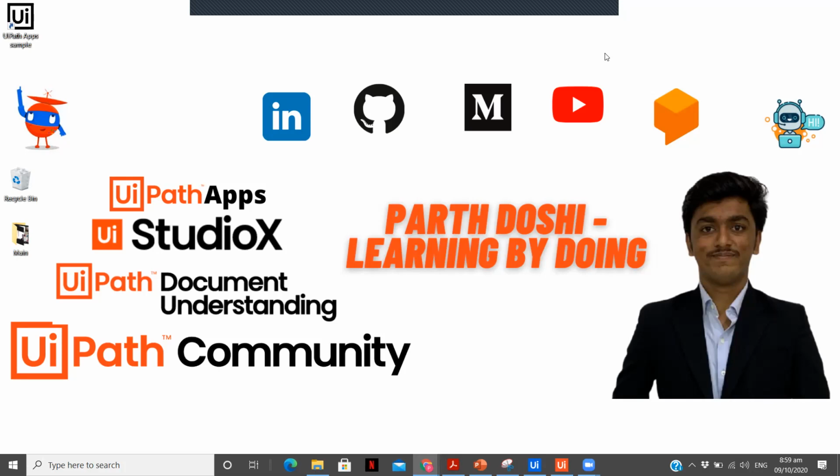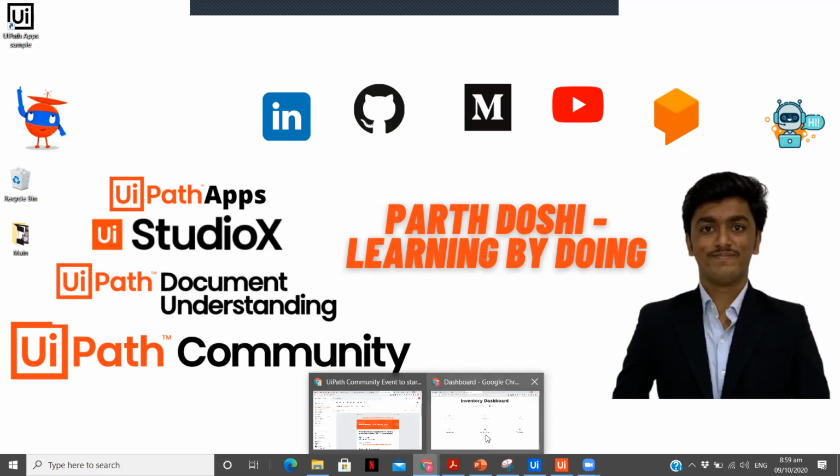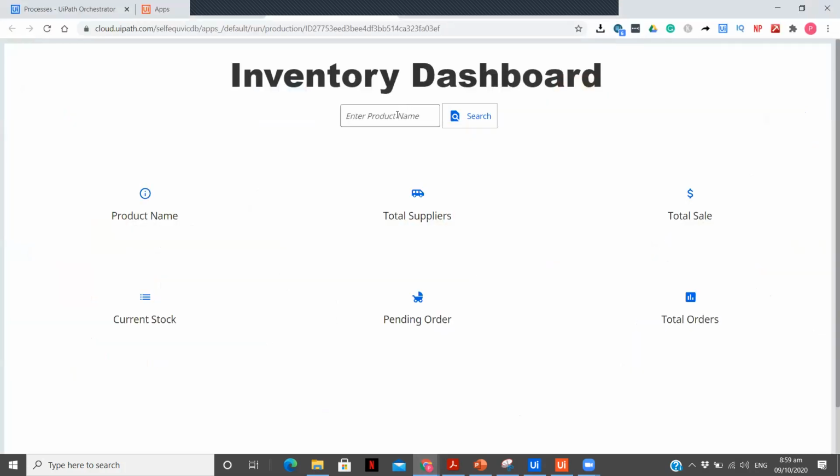First, let me show you the final outcome of this project. As you can see over here, this is our dashboard. It looks a bit cool. I tried to make it as creative as I can using apps. Don't worry, we'll be seeing each step-by-step process of how you can build this. Let me type notebooks. Also, this is not a full-fledged product. At the end we'll also see how we can improve this project and come up with another version.